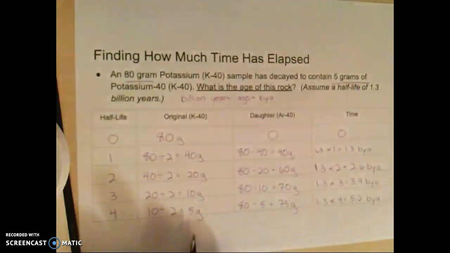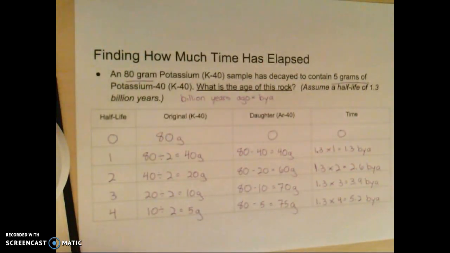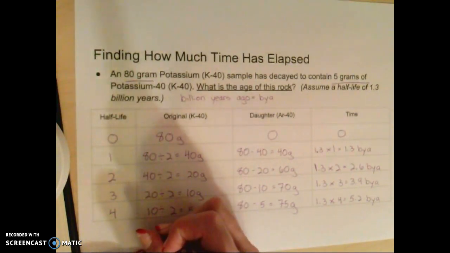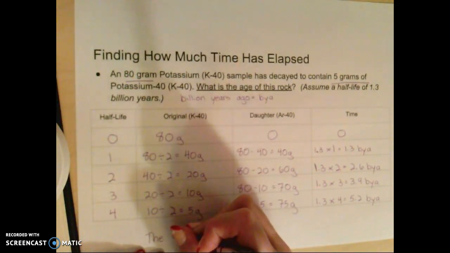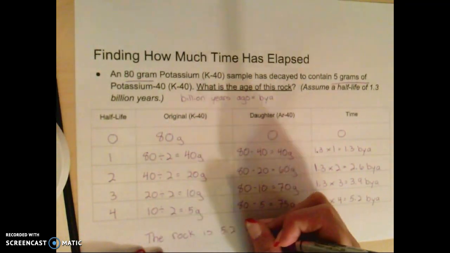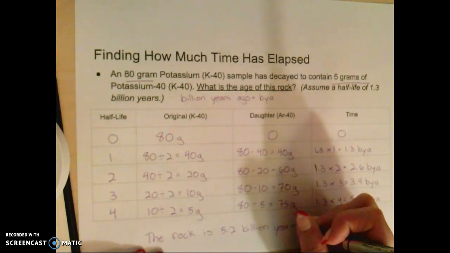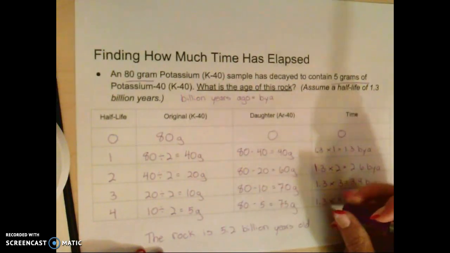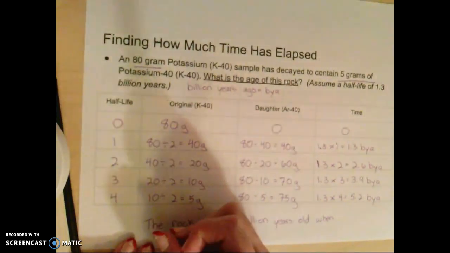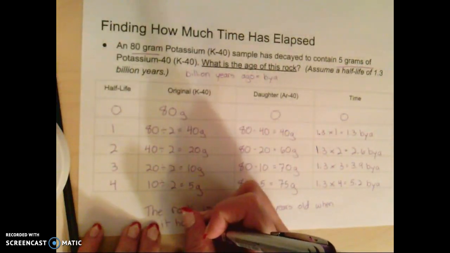decayed to contain 5 grams of the potassium 40. So make sure you're looking at your headings. What is the age of this rock? Based on our calculations, the rock is 5.2 billion years old when it has decayed